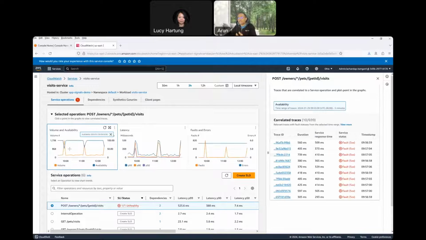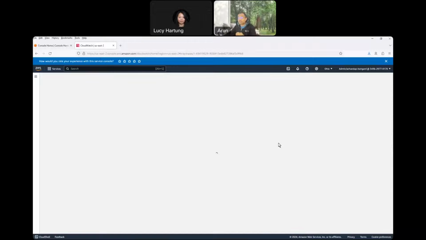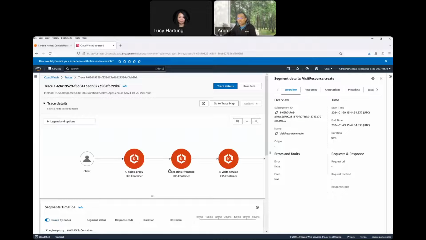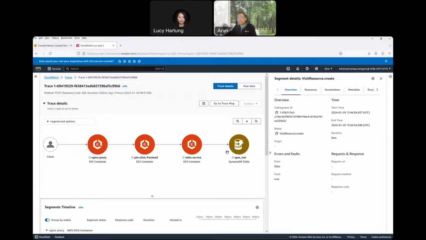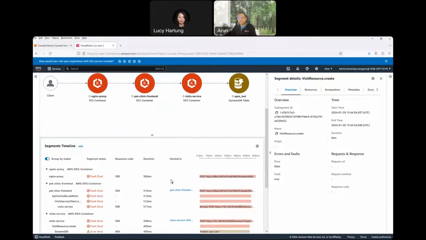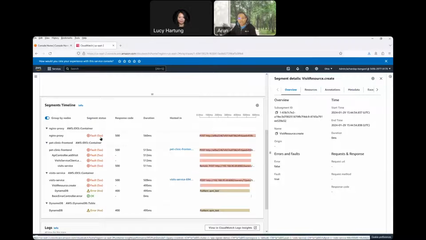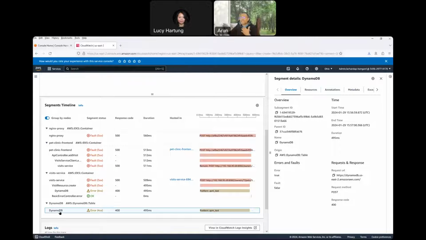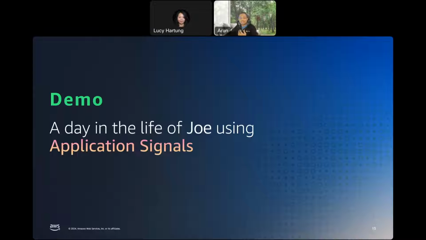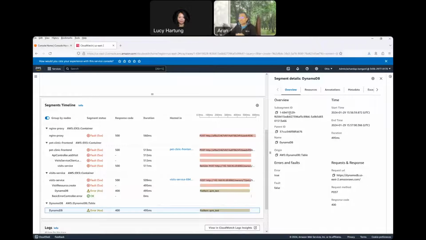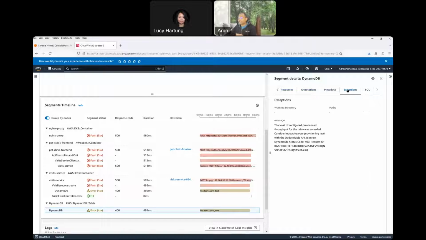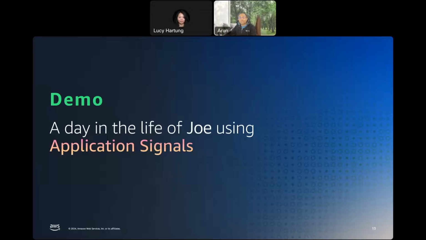As soon as he clicked on it, the system now focuses on all the traces for that point in time. Now, from there, Joe clicked on one of the traces. As he was looking at the traces, he could see that the calls are going to the backend DynamoDB table. Joe is checking the segments of his call, and he could see that there is an error all the way down. Joe clicked on the DynamoDB table, and now he's going to dive deep into the segment details. There, he's going to check the exceptions if there are any. He clicked on exceptions, and then he could see that